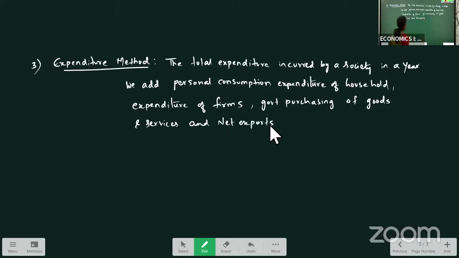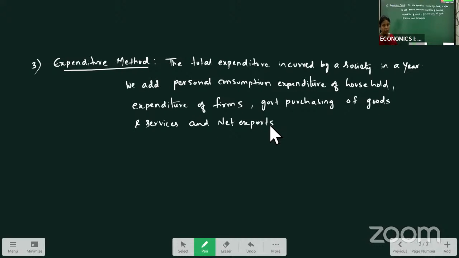So here under expenditure method, we calculate only net export. We don't calculate import. Why? Because when we are exporting the goods, these goods are produced in our country. When they are produced, certain expenditure is incurred in our country and we are exporting them to another country. So that's why only exports are taken. Import means what? We are importing from other country. To make that product, we did not incur any expenditure. Okay. So when we calculate expenditure method, only the total expenditure incurred in the country is added to get the